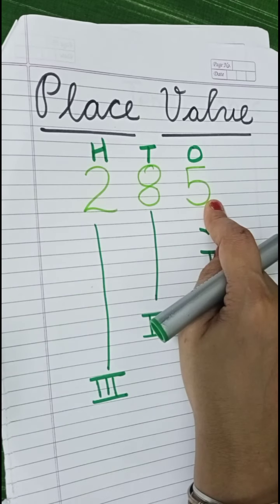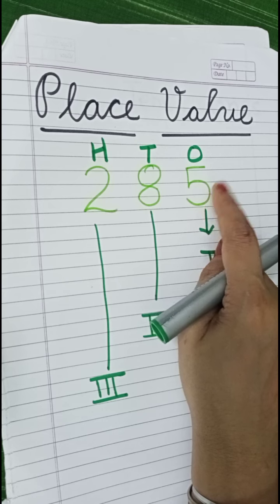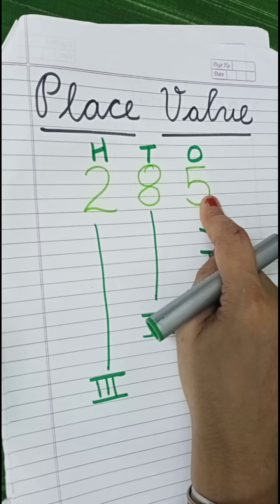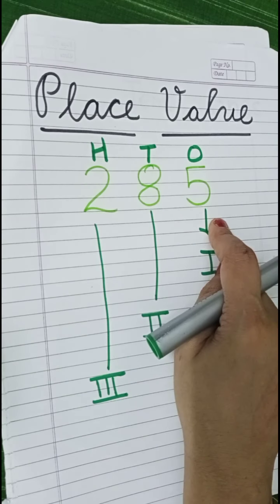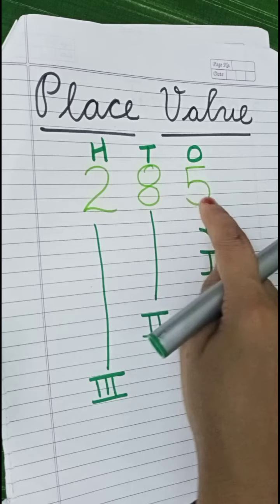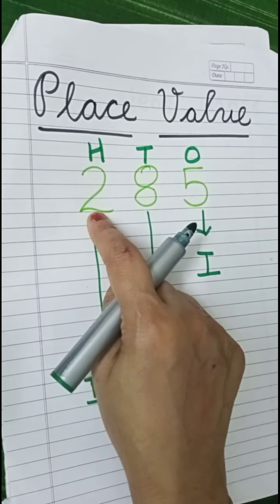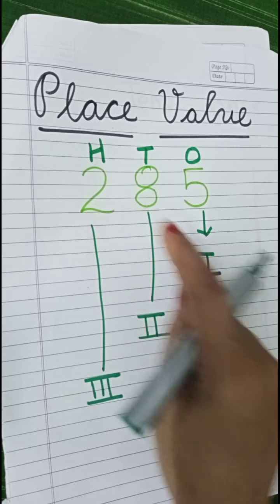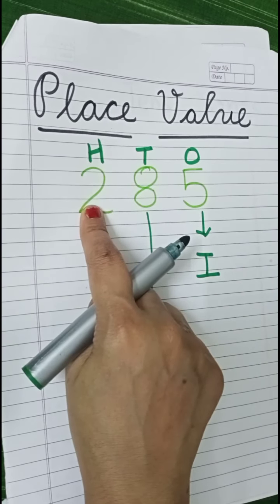Why I have written a three digit number? Because you have already learnt numbers from 1 to 100, and 100 is a three digit number, isn't it? And please note that 100 is the smallest three digit number. So I have written a three digit number here. Generally in this term you are going to learn only two digit numbers, but आपको मुझे लगा कि एक 100 का भी इंट्रोड्यूस कराना ज़रूरी है. Okay, so first place, second place and third place.